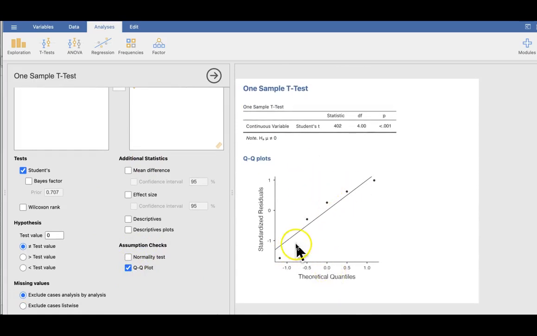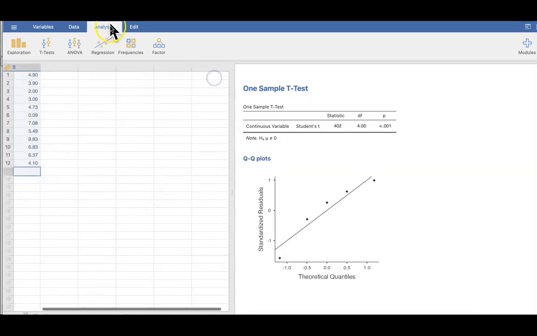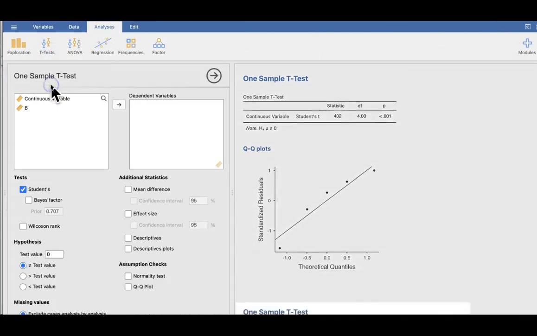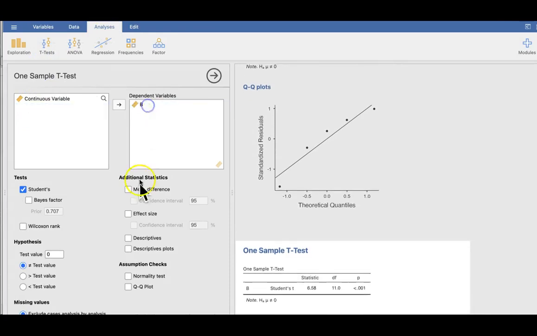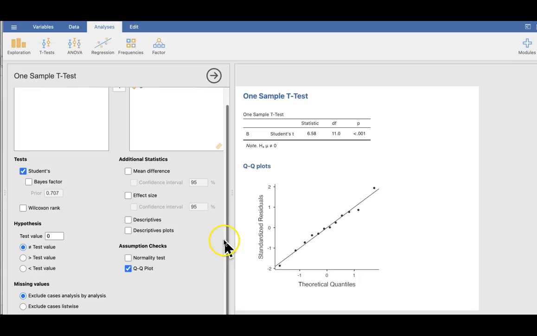So this is the body temperature one. Let's exit out. Analysis, t-test, one sample t-test. Let's do our second continuous variable. We're going to go to assumption checks. It will do the whole thing. It will do the t-test. You could ask for the confidence interval, but you can also ask for the QQ plots. There's another way to check normality, which is this one. We just don't cover it, and I'm just going to leave it